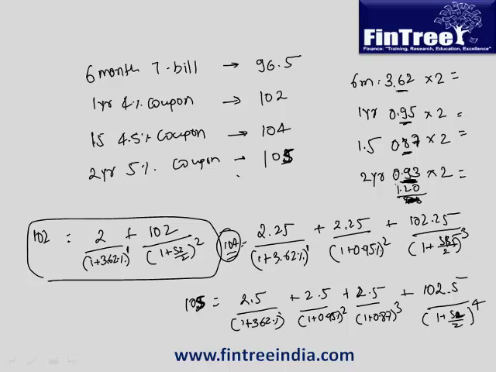Done. Now 105 minus RCL1 minus RCL2 minus RCL3 equal to